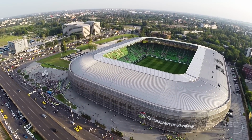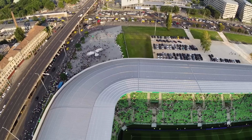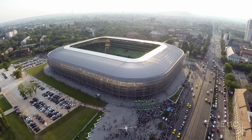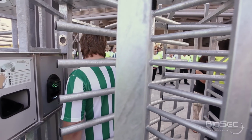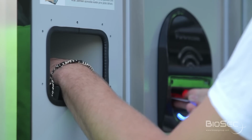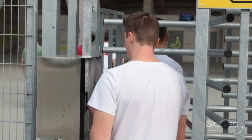In 2014, the world's first stadium was inaugurated where, uniquely, a total of 22,000 spectators are identified at the entry gates with vein scanners, representing the highest levels of security standards. The vein structure-based system currently represents the most developed form of biometric identification. This is the first time a biometric system is capable of handling mass admission of around 1 person a second